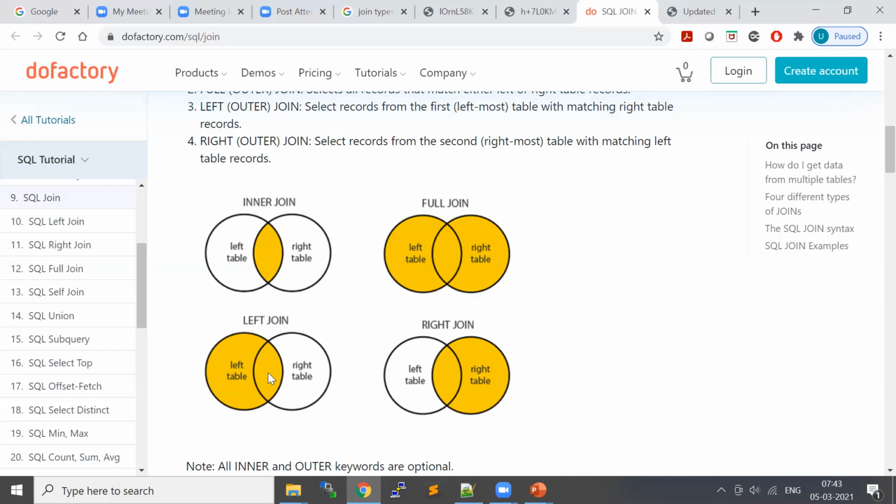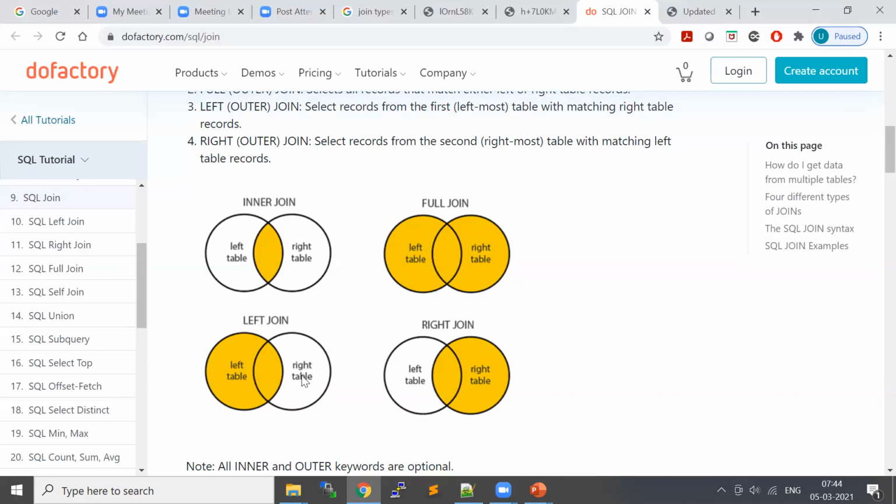Left join and left outer join are the same. In a left outer join, you will have all the rows from the left table, take the example of the order table. So in the order table, all the rows will come, and the matching.